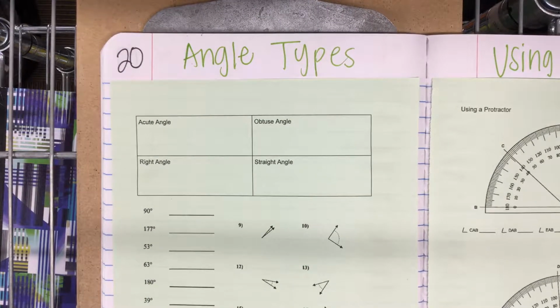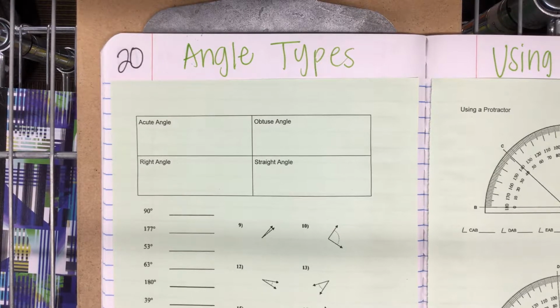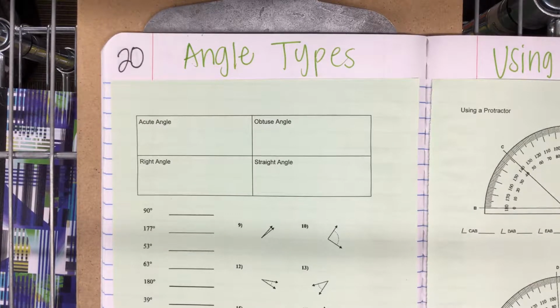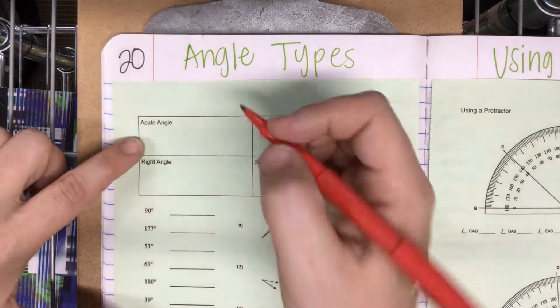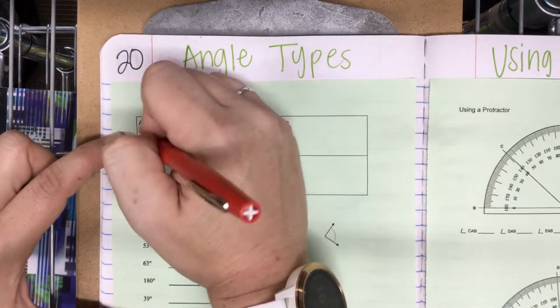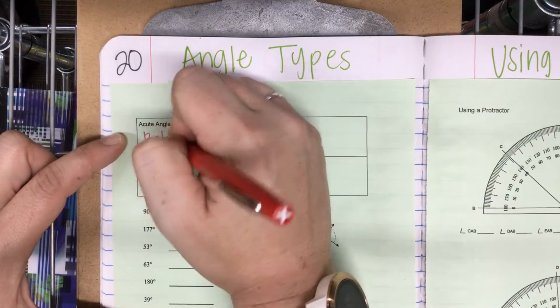So, angle types. Hopefully, fingers crossed, this is our review. Let's do some quick definitions. We have 4 main angle types, 4 main categories of angles. If I showed you a picture or numbers down here, you could then classify them, name them. Acute angles are angles that measure between